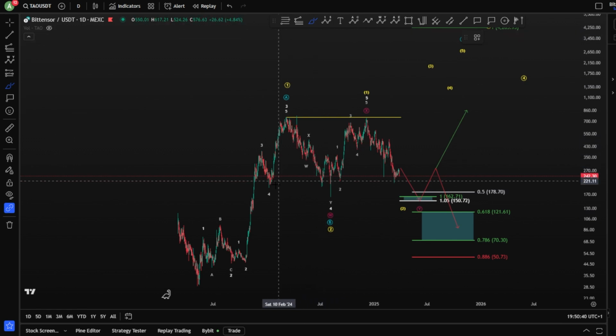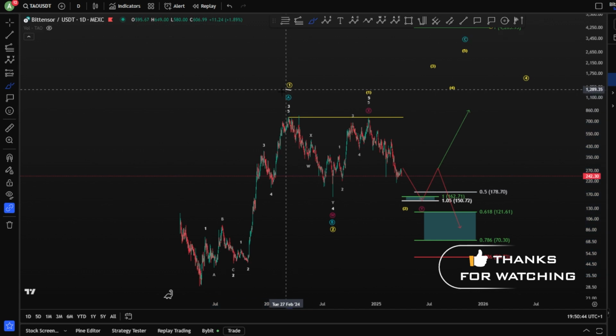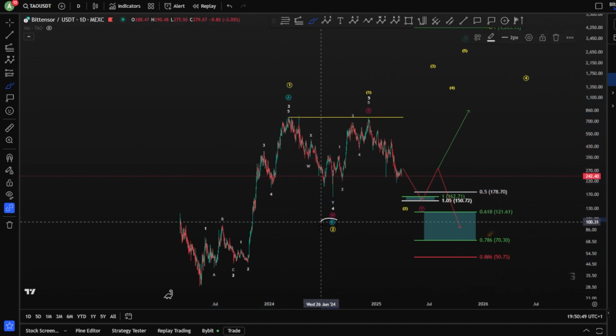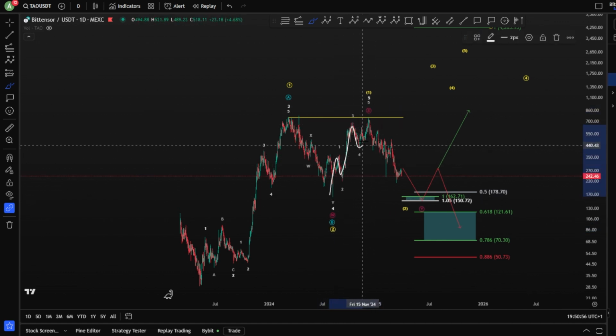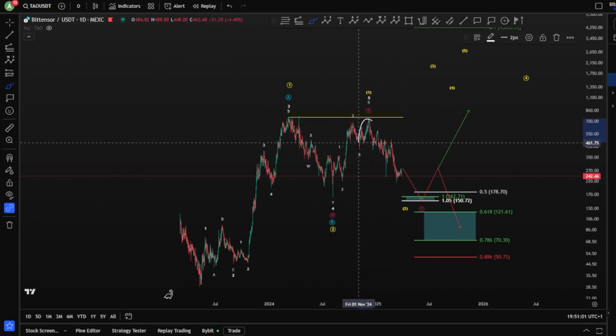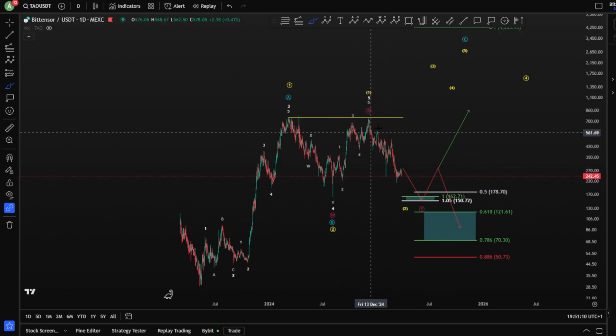Starting here on TAO on the daily chart, we have of course an impulse toward the upside, finishing wave A or wave 1. In both case scenarios, you're looking for a wave B or a wave 2 and of course continuation toward the upside. In this case scenario, we got a nice impulse 1, 2, 3, 4, 5. Potentially here the wave 5 can be 3 waves in validation, or it can be an ending diagonal. So in both case scenarios, we're going to take it into consideration, and of course we're going to label it